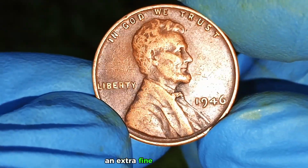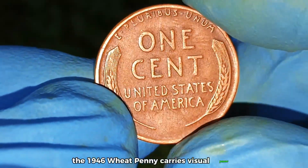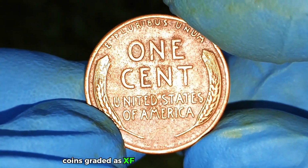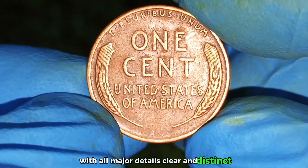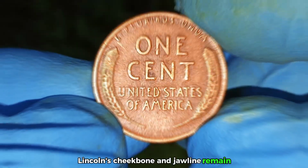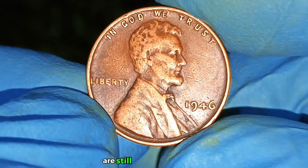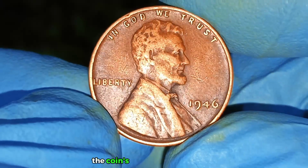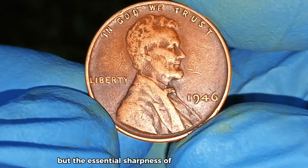In extra fine, XF, condition, the 1946 wheat penny carries visual power. Coins graded as XF typically show minimal wear, with all major details clear and distinct. Lincoln's cheekbone and jawline remain strong and pronounced, and the lines within the wheat stalks on the reverse are still visible and defined. The coin's luster may be partially muted from circulation, but the essential sharpness of the design elements